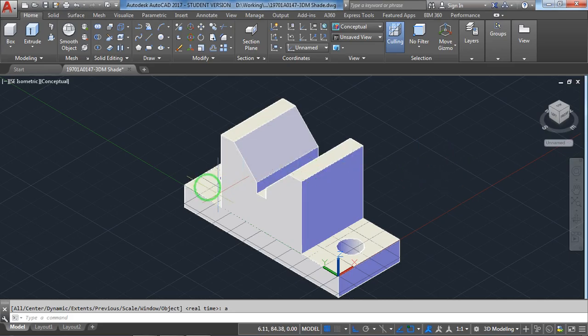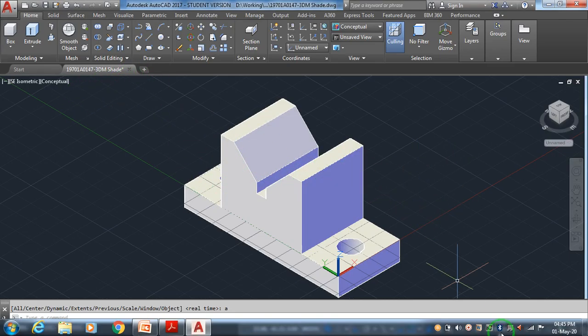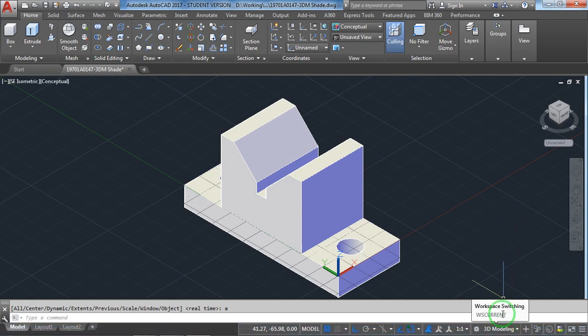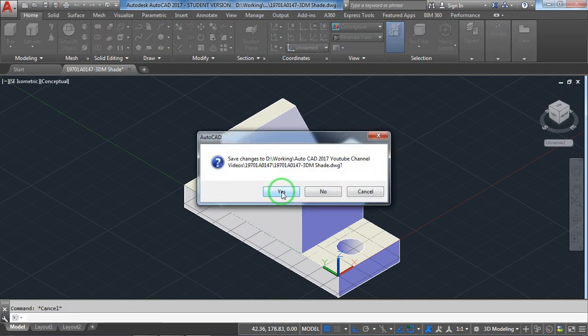3D model, shaded model. Right, all you are supposed to remember is to select 3D modeling here, change the settings to UCS viewpoint so that you get X, Y, Z directions with respect to that. Start at any point, and with respect to the absolute or relative input method, input the X, Y, Z points, create some shape, extrude it. Right, if it is convenient. If it is not convenient, use 3D wireframe. All these aspects you are supposed to do in 3D modeling. Right, I am closing it here. Save changes, yes.